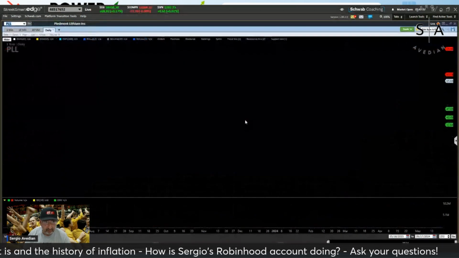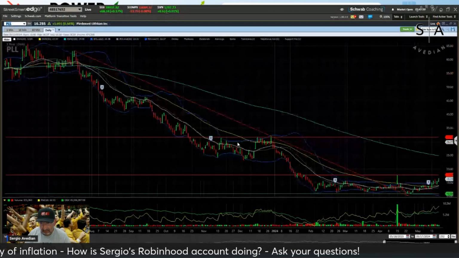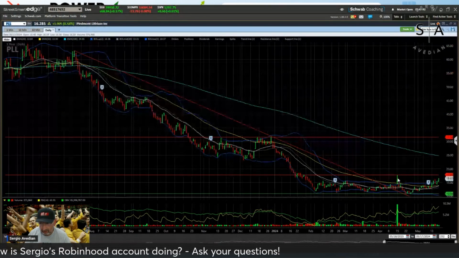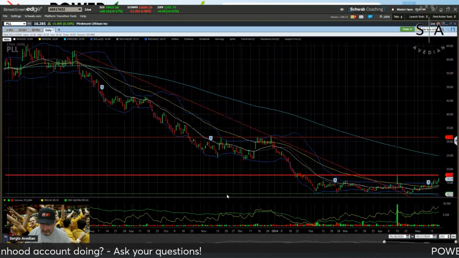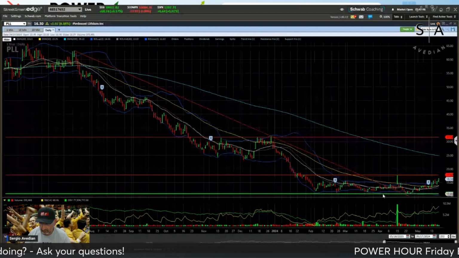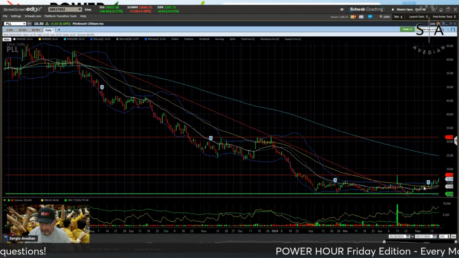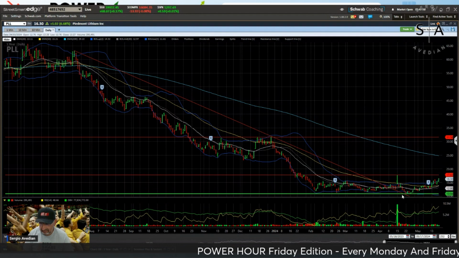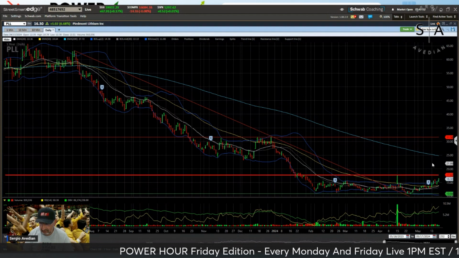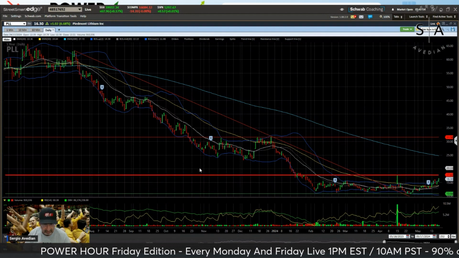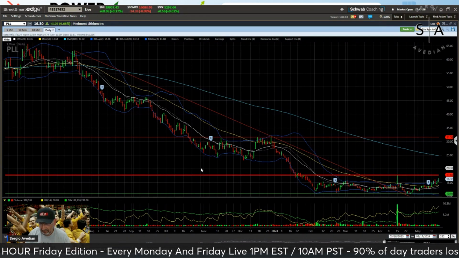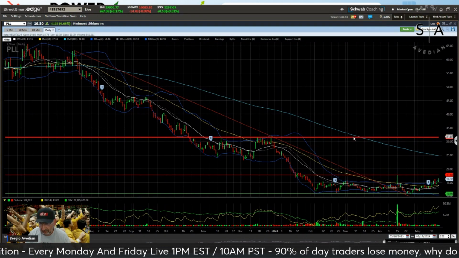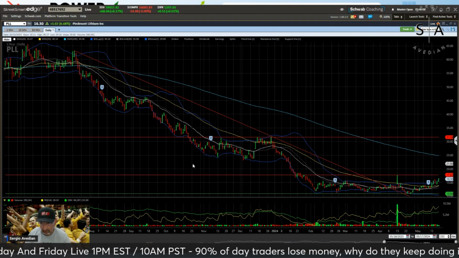This is Piedmont Lithium. I don't own the stock. I'm watching it. It's on my watch list. I have my resistance line drawn and I have my support line drawn. It is going between 11 and 17, 18. If it breaks the resistance line, it's going to get up to the 25, which is the 200-day moving average, and this is the next resistance line. Risk reward is shaping up really well on this.